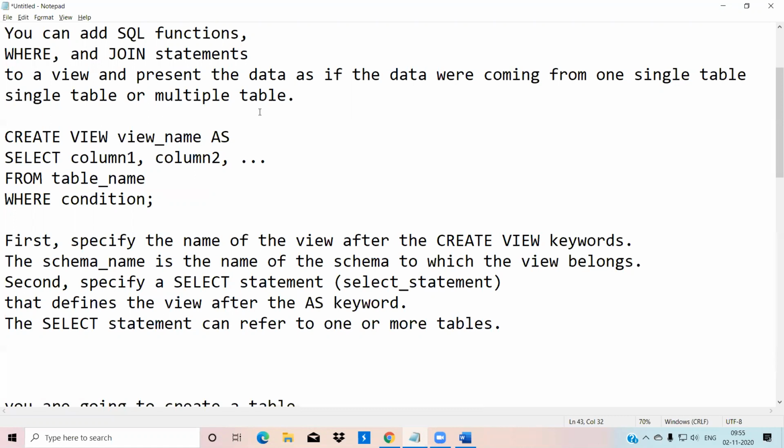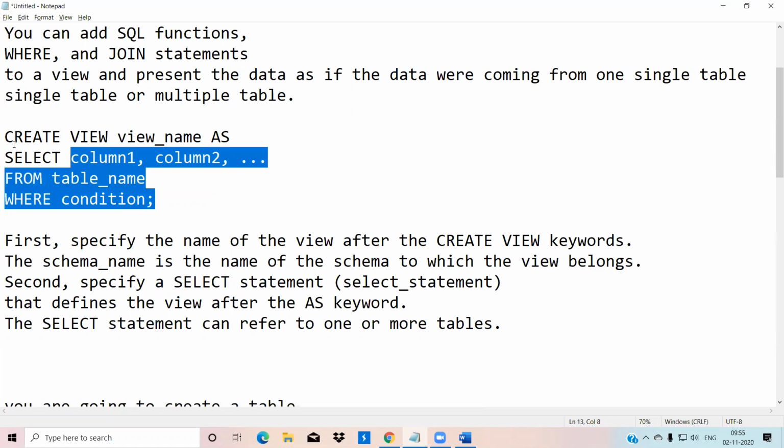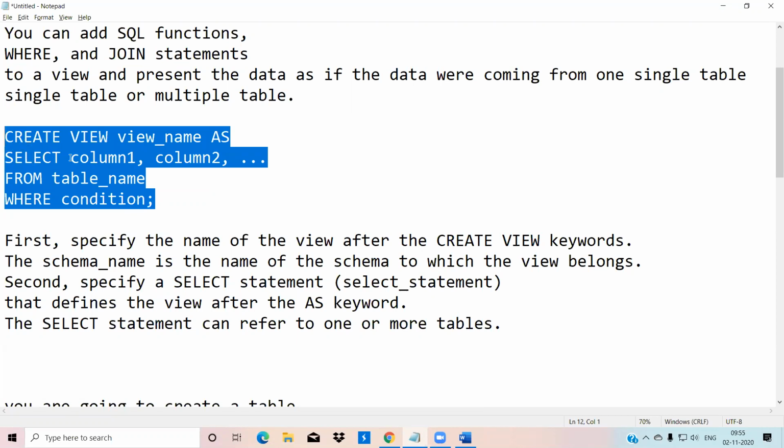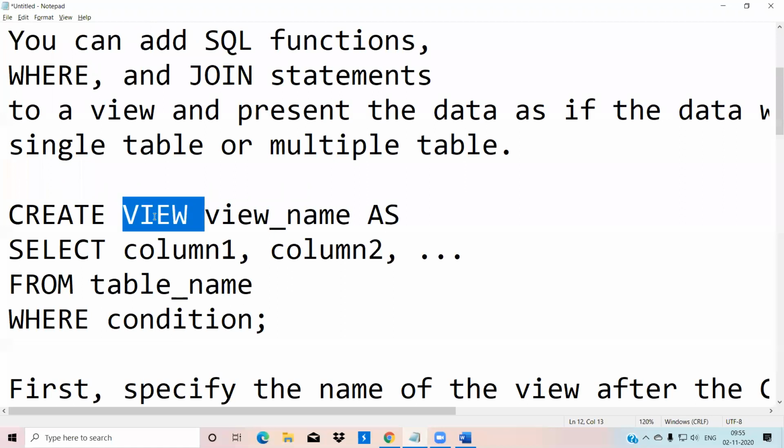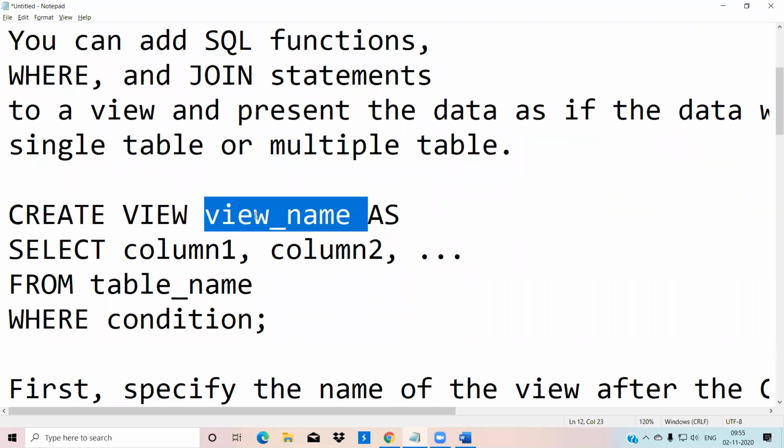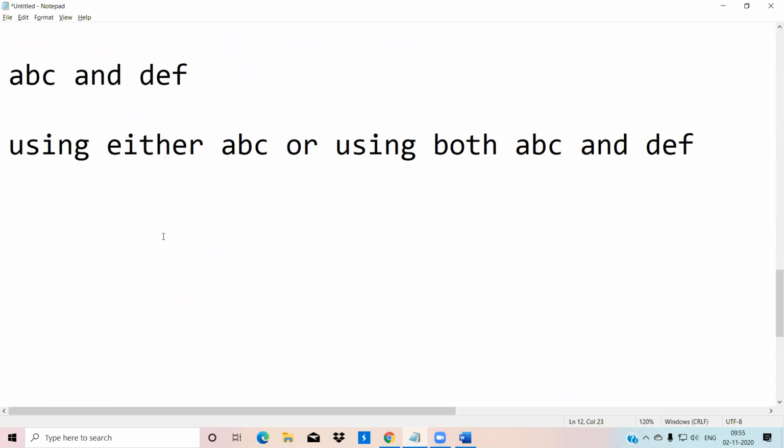Okay, so how can a view be created? A view can be created using this statement: create view. Create view is a keyword, followed by the view name. Create view name means what is the view name. Say for example, create view v1.